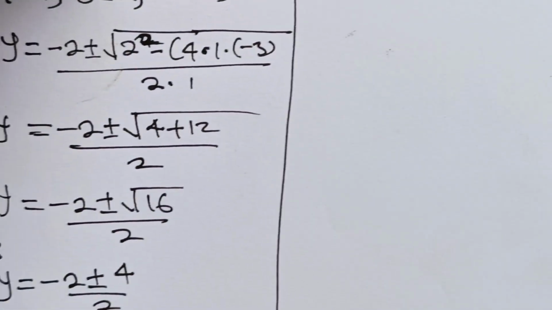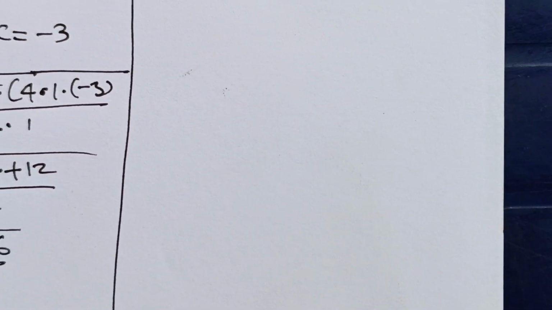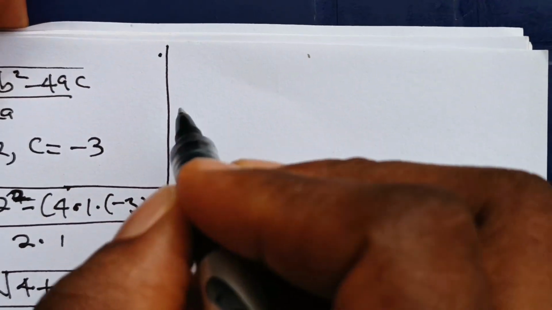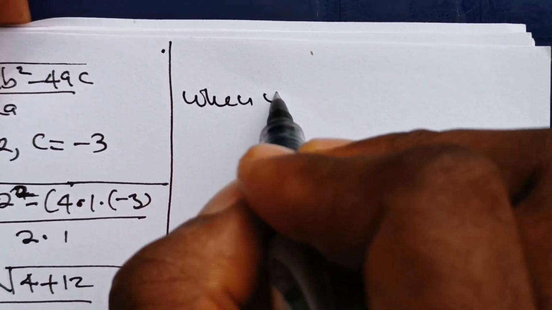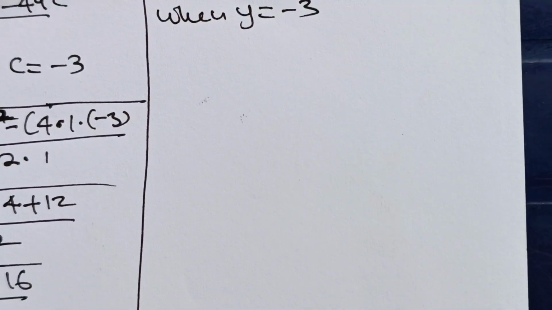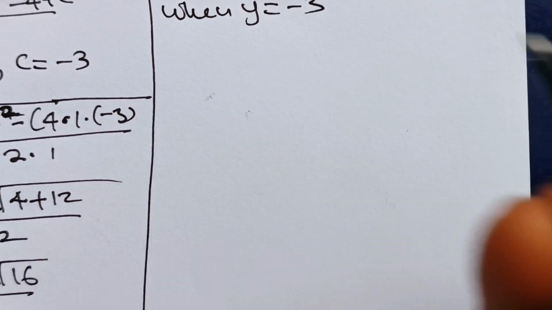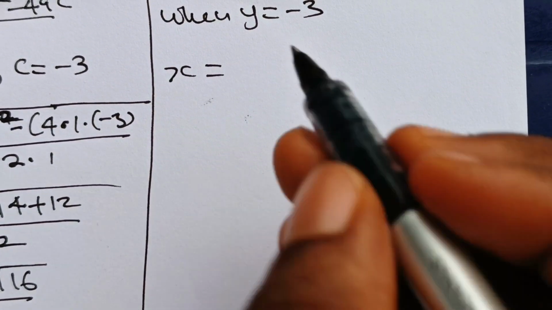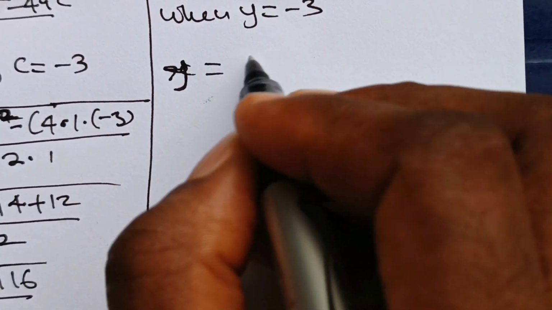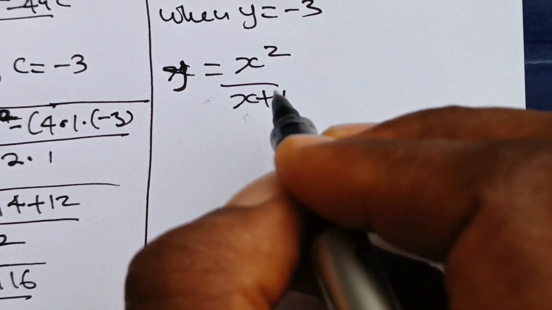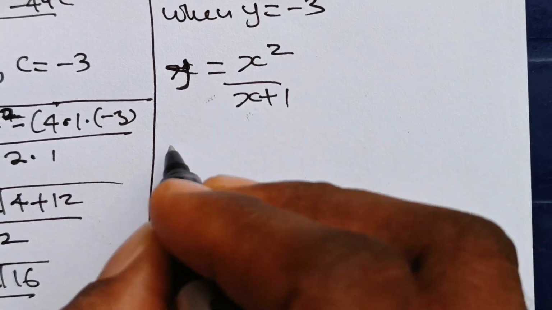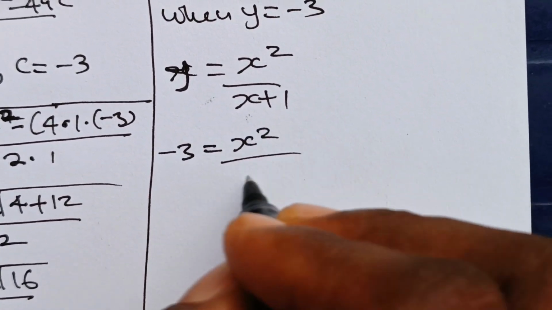Now when y is equal to minus 3, this is what we have. Our y is equal to x squared divided by x plus 1. This is what our y is. So if y is equal to minus 3, so definitely minus 3 is equal to x squared divided by x